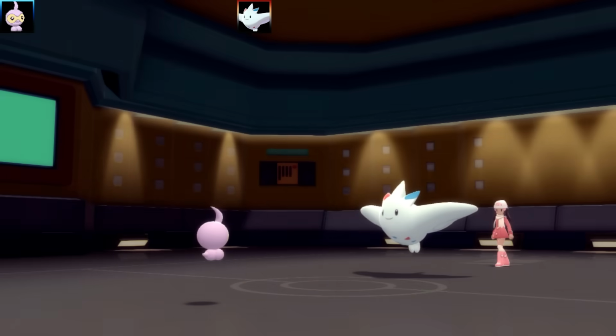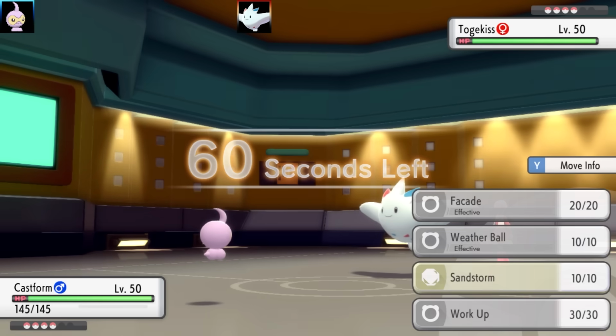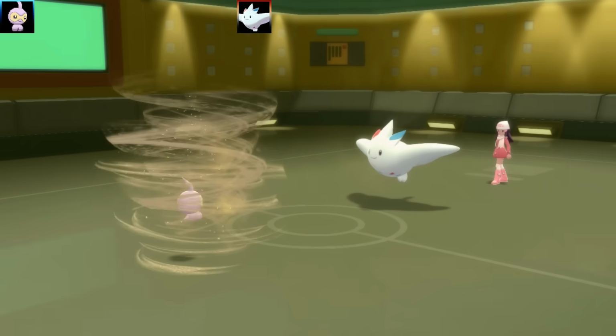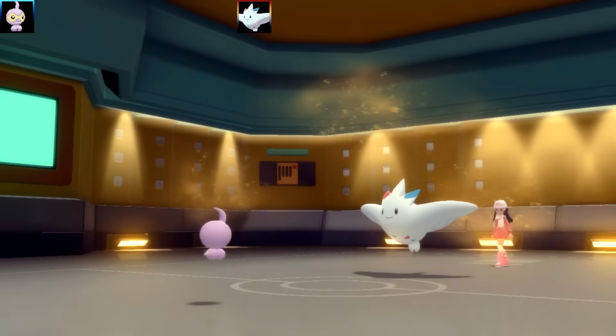Okay, first Pokemon we've got is the Togekiss, and I've got the normal Castform. Now, this Castform set's pretty fun. We've got Facade, Weather Ball, Sandstorm, and Work Up. I've got the EV spread as max speed and max attack. Now, with the Sandstorm, that's going to allow me to actually make use of Weather Ball, turning Weather Ball